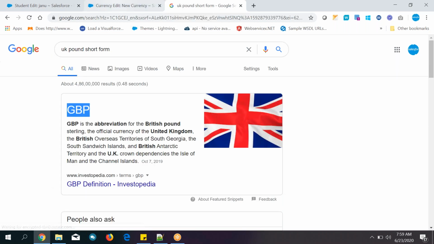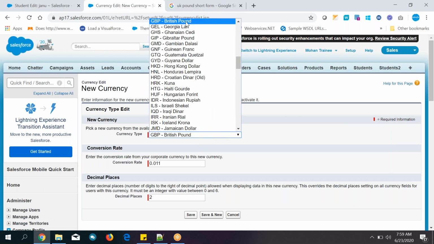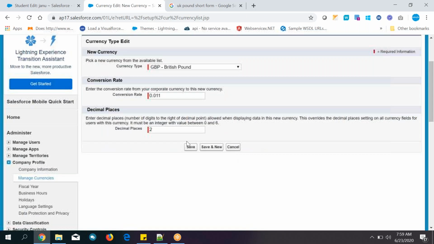GBP. Search for GBP, British pound. Okay. Save it. That's it.